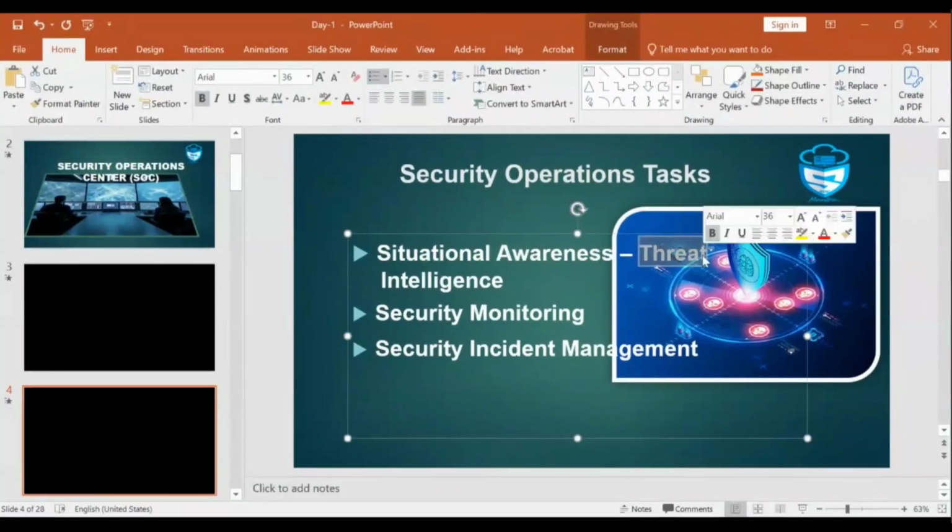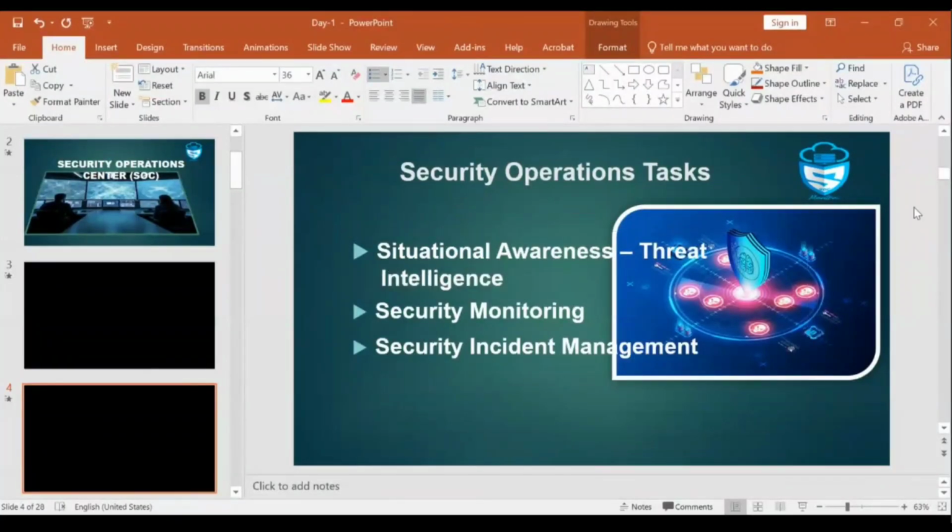And how can they be aware? By threat intelligence. That is a different team also. So when you are learning cybersecurity, you can have different domains. You can be a SOC analyst, you can be a threat intelligence person, or you can be a pen tester, or an ethical hacker. There are a lot of things, but now we are focusing on security operations only. Security monitoring means you are monitoring a dashboard to see what security threats have come to